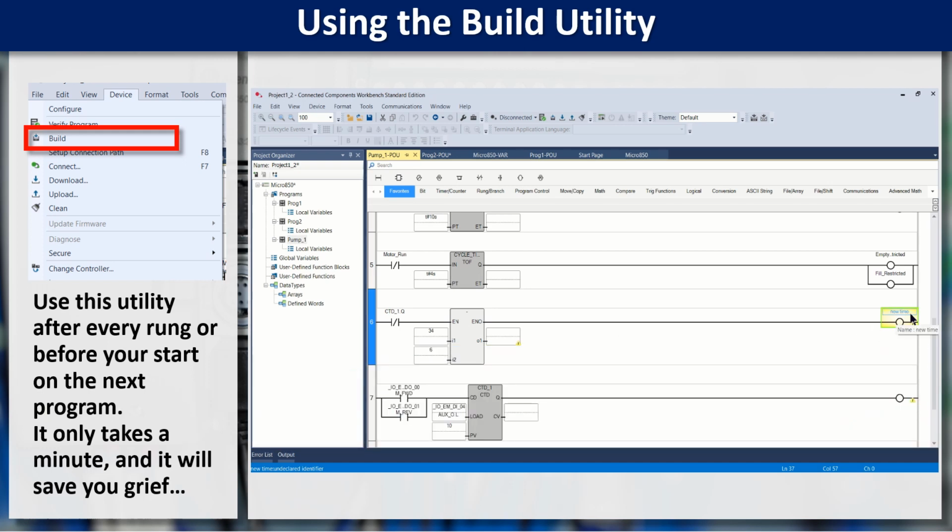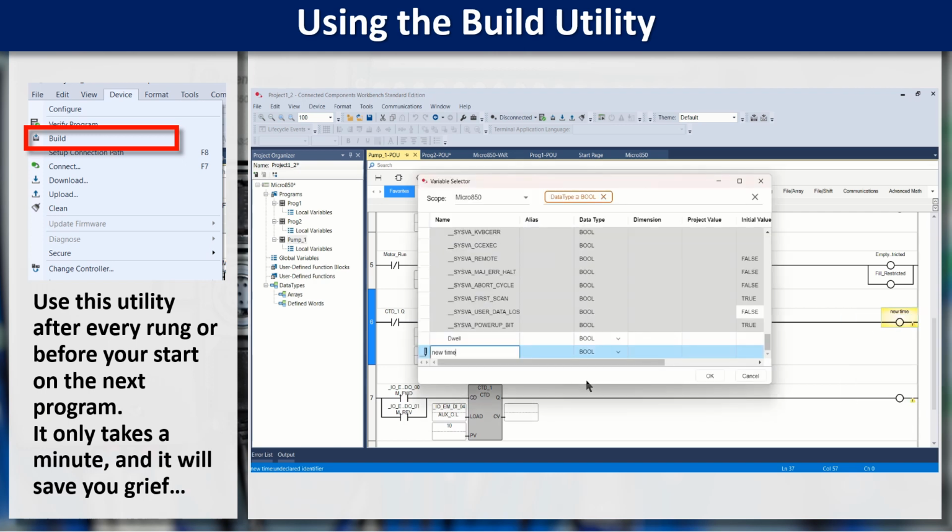Oh, it's just saying it doesn't know what that is. Okay, so we're going to right click variable selector, and right now it's there. Now if I hit OK, or if I try to make it a bool, it gives me the red box of